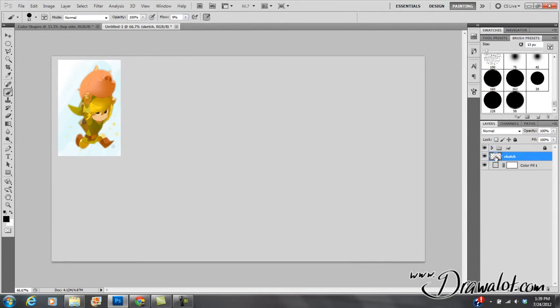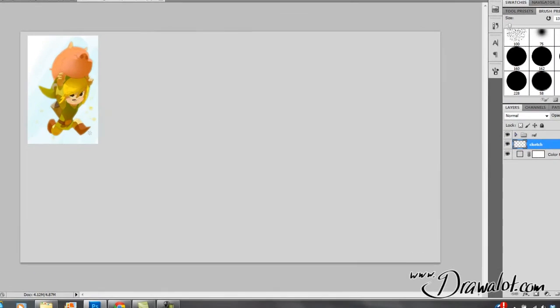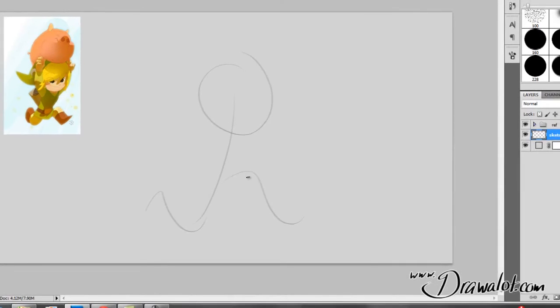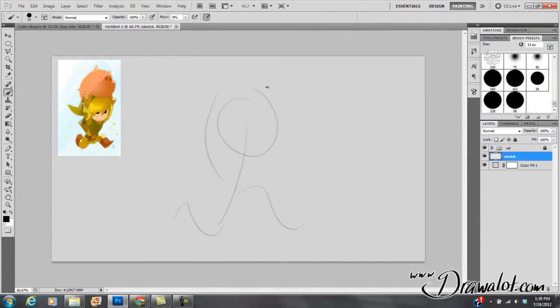So now I've got my pencil, I'm on the sketch layer, and I'm going to just basically rough out this guy. Okay, so basically I'm going to draw like this. So here's his head, here's his body, here's his bottom leg, here's his top leg, here's his arms, here's one of his hands, here's his thumb, here's his top fingers, bottom of his hand, you got his elbow, you got his face, you got his eyes,